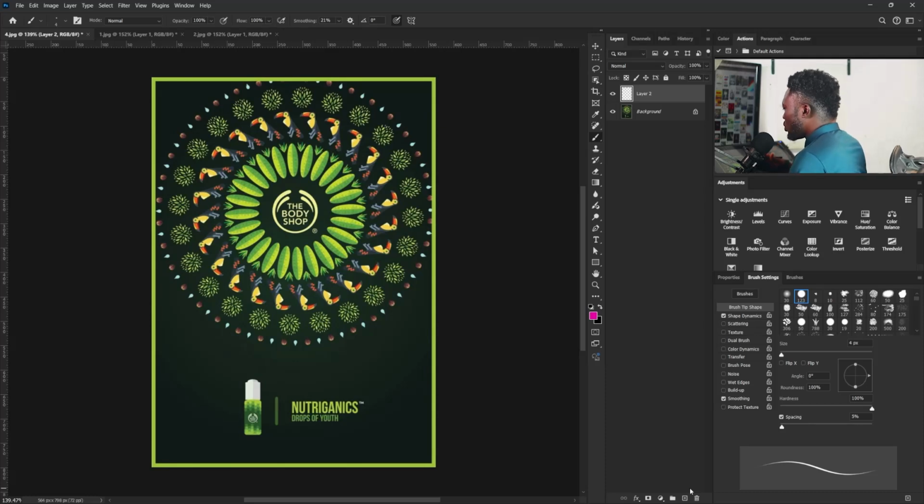The reason why this project looks successful to me is because of the way the designer played with scale and the use of light and dark tone. And when I say scale, I'm talking of the way we have the different scale of the elements here. I'm sure you can see this is smaller and this is next to it. We now get to these elements here, and we now get to this last element here. So what the designer did here is to draw your attention to the important information in the project, which is another way as designers you can help make the attention of your viewers go to the important information in your